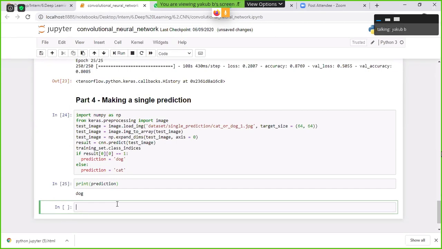In the previous project, I generated an H5 file. If you generate the H5 file here, it will be helpful to you. Whatever we did previously, copy and paste the same lines. After the basic prediction of the ANN, copy the same lines here and save the H5 file corresponding to this CNN. Whenever you want to use this CNN project, you can load that H5 file, and if you directly run it, it will directly predict the outcome. So this is about convolutional neural networks.